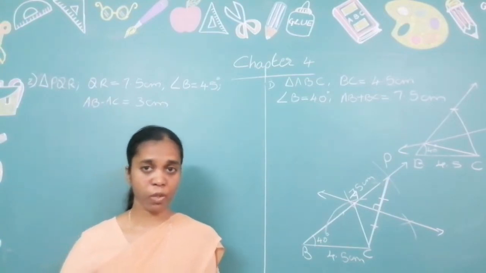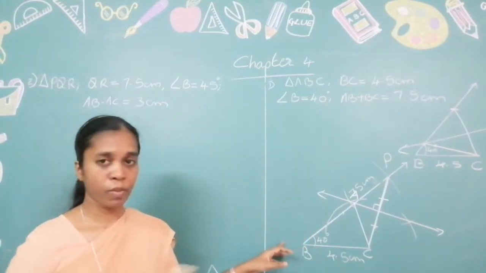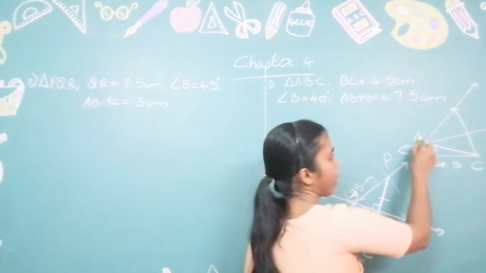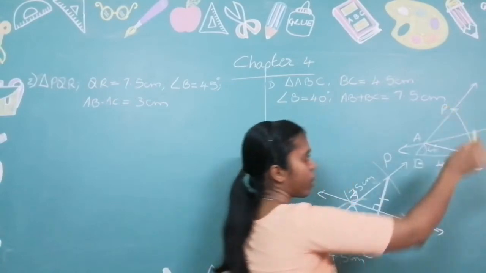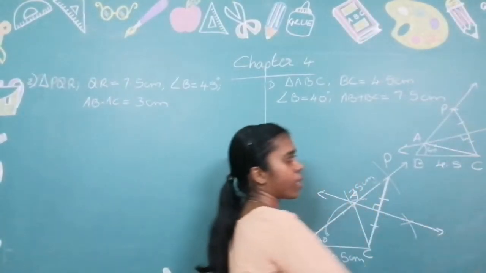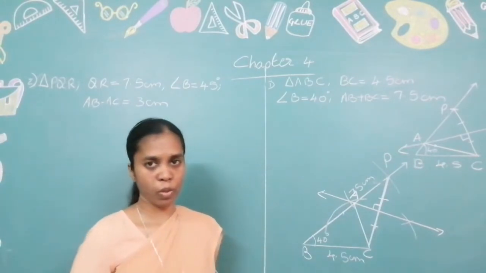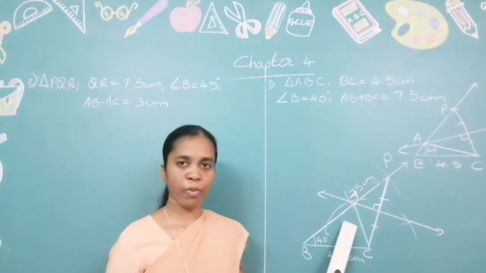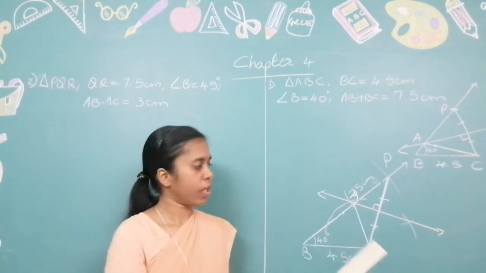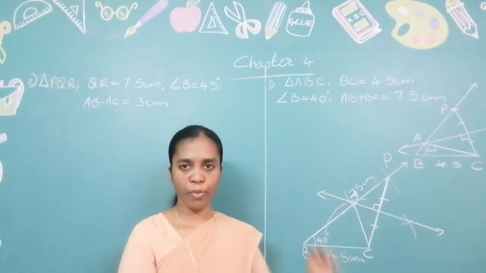Okay, let us revise what we have done. That is why, once again, I have done the rough diagram like this. So this will be our A and this is what we have mentioned, P, and this is the perpendicular bisector that we are drawing. So when you are drawing the rough diagram, now you know how we are going to construct. So in the same manner, you draw the rough diagram.